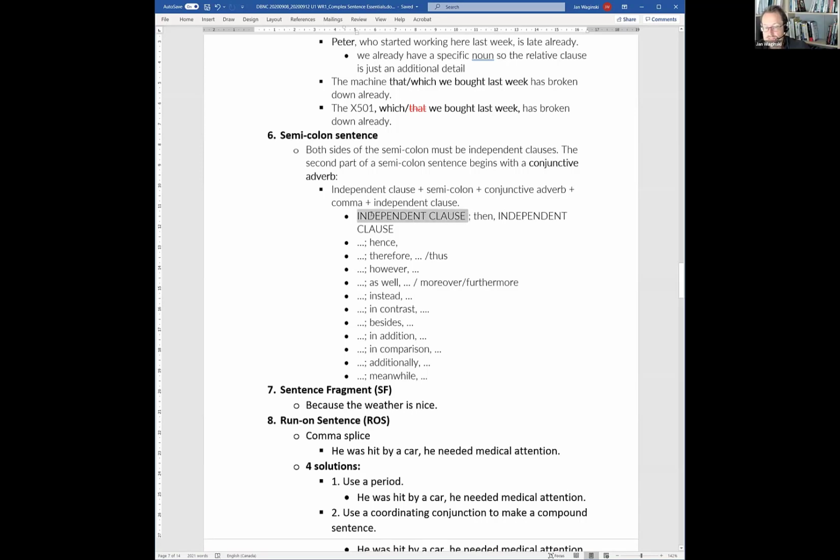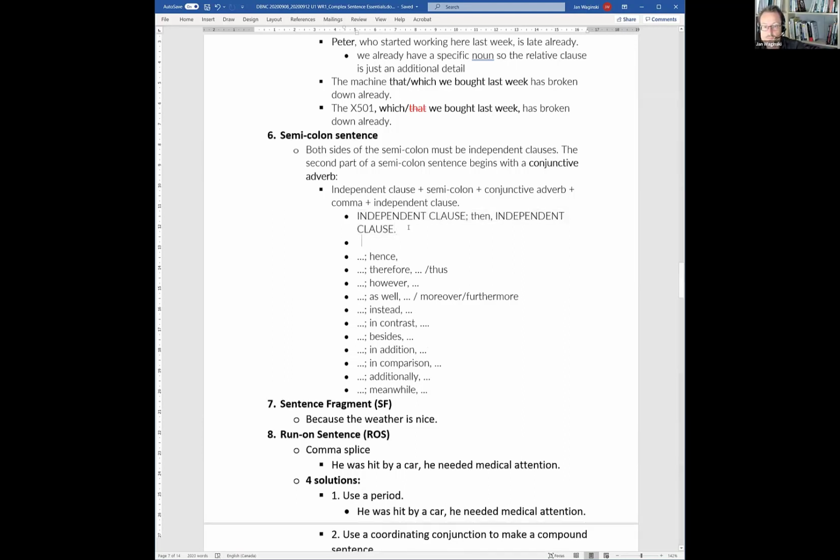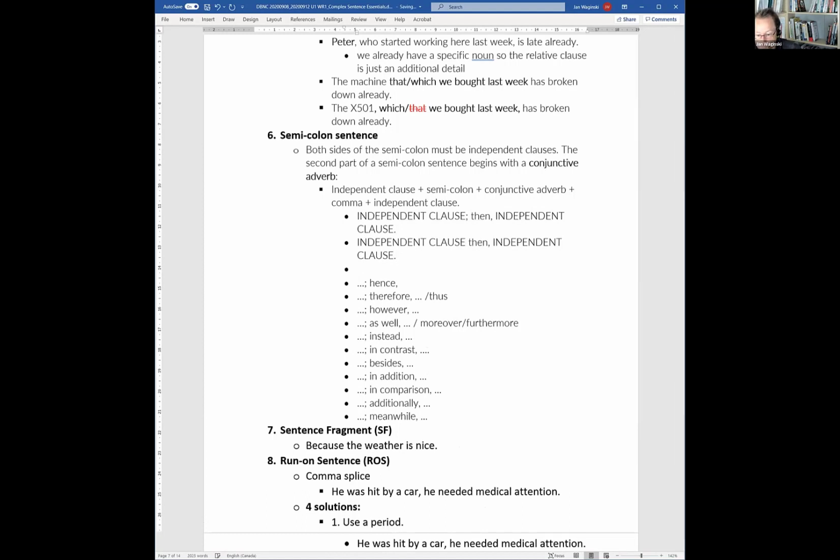So this needs to be a simple sentence, or rather it needs to be an independent clause, something that can be a sentence on its own. Semicolon, conjunctive adverb, comma, very important, and then another independent clause goes after, period. You can do this, or you can do period,